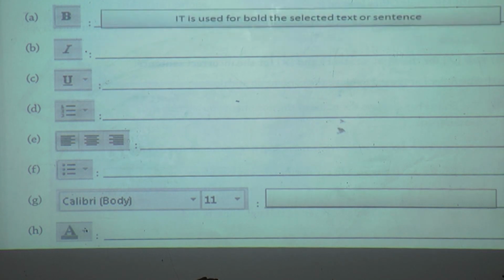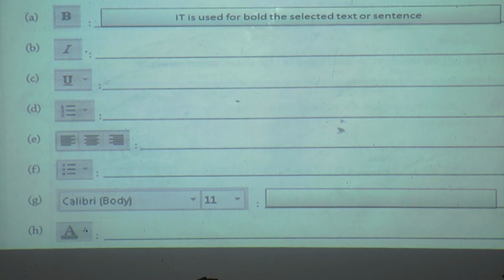It is used for bold the selected text or sentence. Means which sentence or text is selected, we can bold it by using B. By using that we can bold the selected text or sentence.